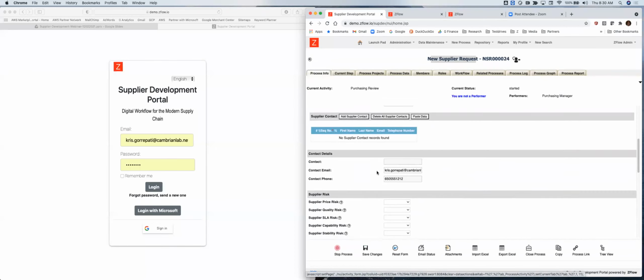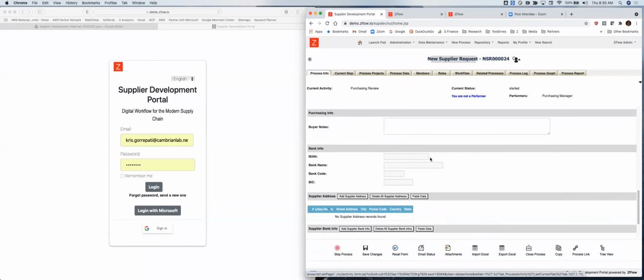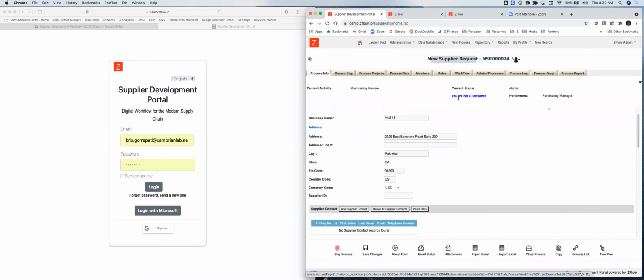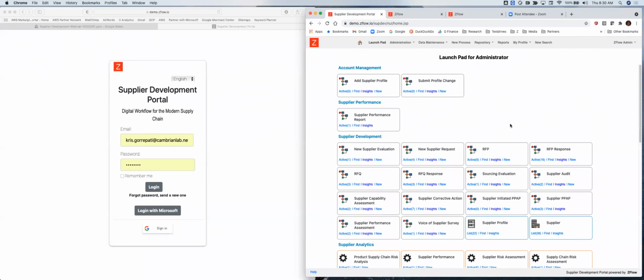Part of that is we also integrate with different systems like banking systems for validation checks. Is it a real customer, real company or not? So those are all things that you can do. So different ways for your teams to get started from requesting new suppliers. Now, once you have a new supplier request, there are many things that you need to do. The first thing I think before you say we are ready to give business is you might want to just check,